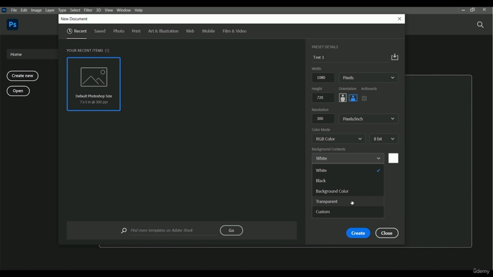So when you use this transparent background content, you will have no color on your document background, and whatever you create on the transparent background, only the created things will appear, no background will appear. And this is one of the greatest background content modes in Adobe Photoshop for creating backgroundless content or images or icons. Okay, so I'm going to click create for creating the document in this custom name test1,